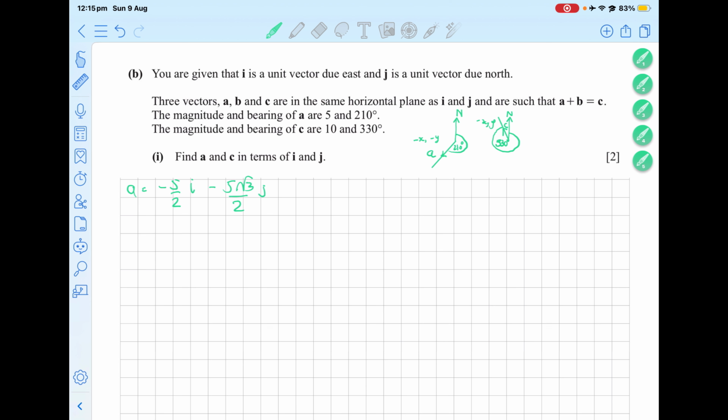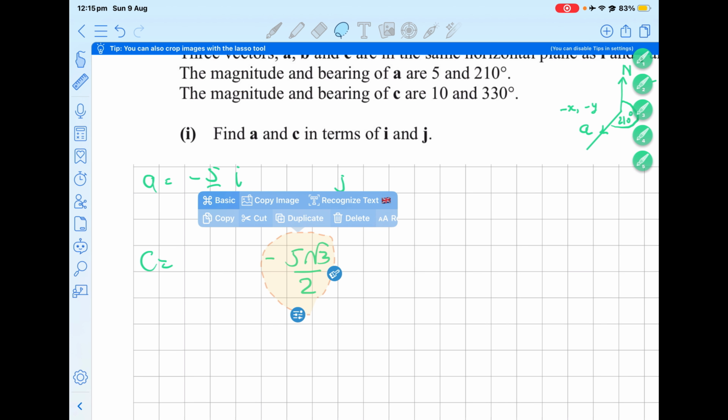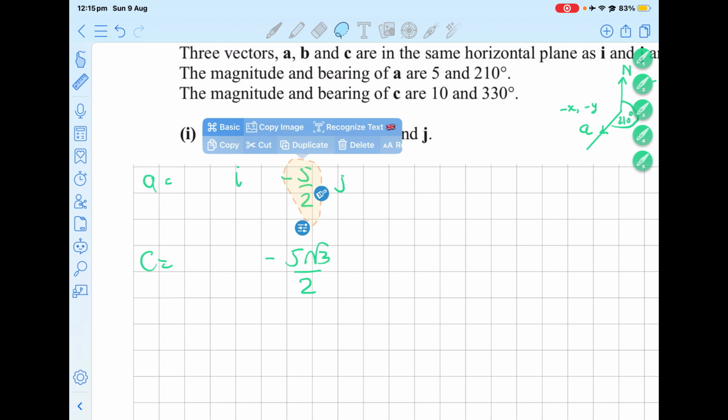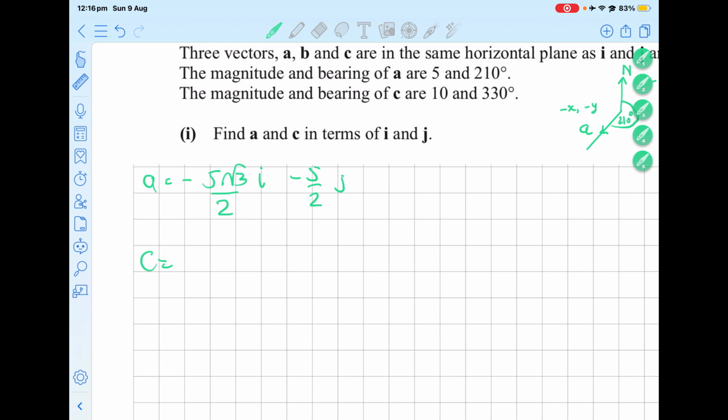And then for calculating C, we're going to do again the sine cos method. And by the way, I just realized that these two should be swapped for each other, so something like this. That's what it should have been. Yeah, do cos and then sine. So then the other one is going to be 10 cos 30, which is